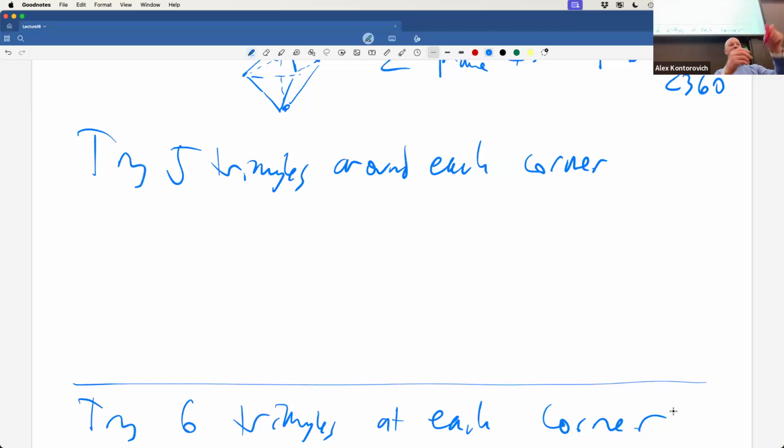That's exactly right. So here's 4 triangles, and here's 2 more. So now we have 6 triangles around this corner. What's the problem? As Amelia just said, it's flat. I don't have any curvature left. There's nothing I can do with this. I can continue making more and more triangles, and it will just go on forever and fill out a plane. It's the tiling of the plane by equilateral triangles or by hexagons, if you like.